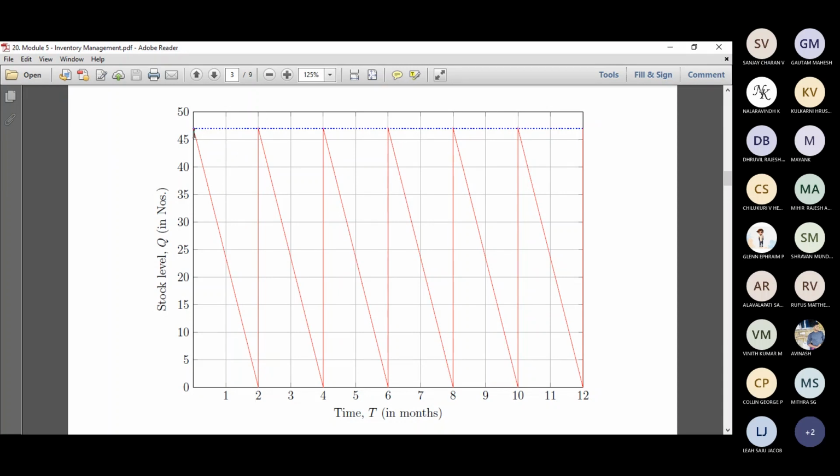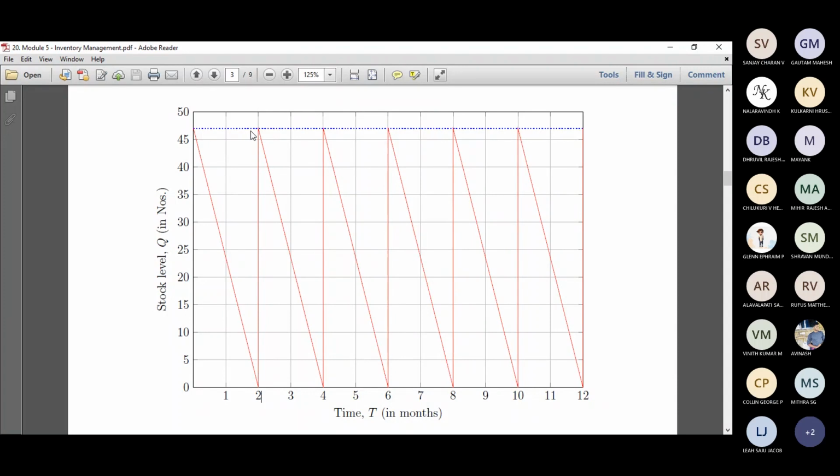So I repeat, in this case, the stock gets depleted. At month 2, it is 0, and then the replenishment, the new stock, comes in at that second month without any delay, and the cycle continues for years. Right. But we know that in real practice, if you want to get a new stock, it has to come from a factory or a retail showroom. Then there is some time associated with that. So say your shop is at some location X, so the finished product has to come to the location from a different place. So that travel time needs to be accommodated, right?